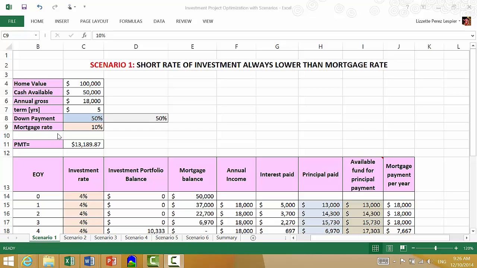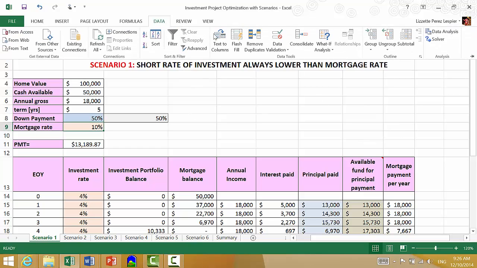And as stated before, the investment rate, which we see here, 4%, will always be lower than the mortgage rate, which we see here, it's 10%. And then we have the other variables, such as the principal paid and the available funds for the principal payment. And so we run the model,